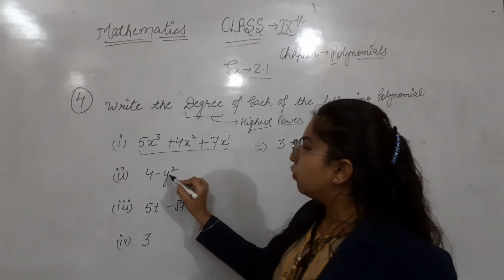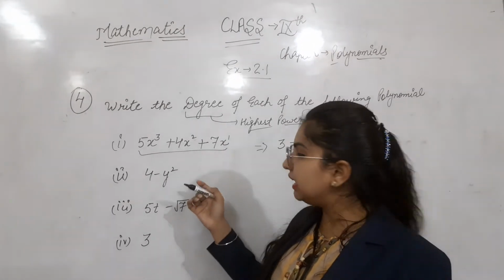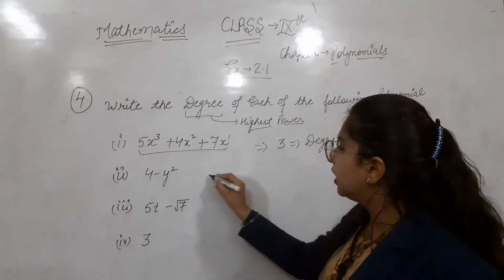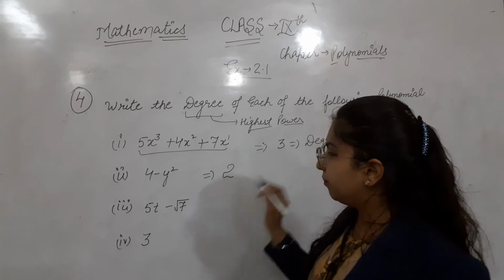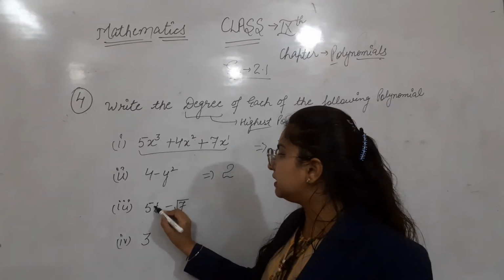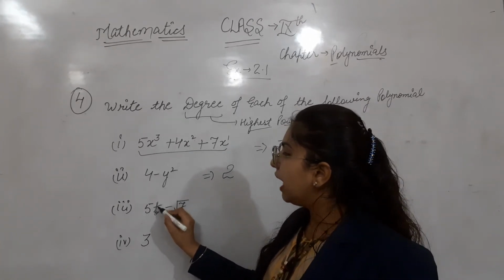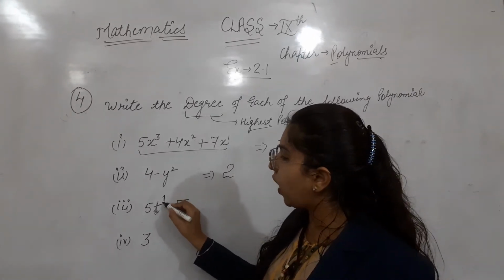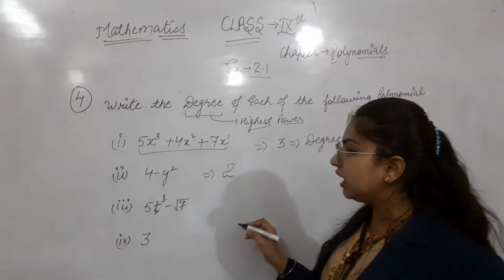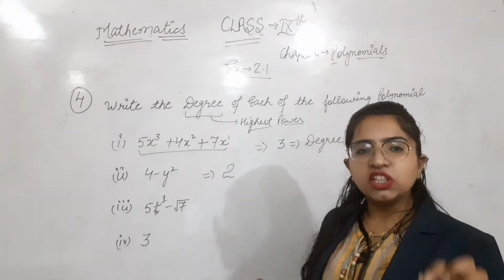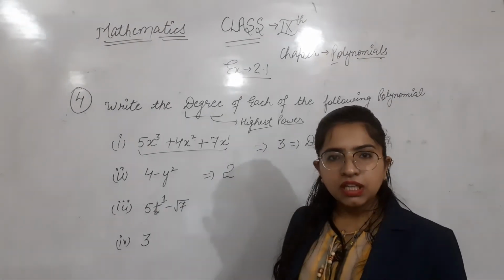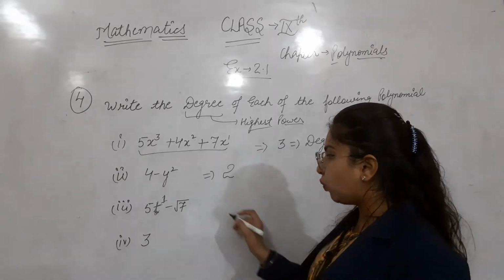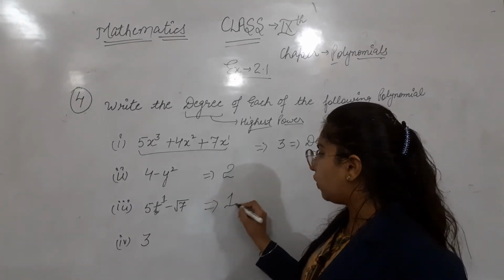Now next, y raised to power 2 and any other y is not there only. Okay, then degree will be 2 only. Okay, here the variable is t. T, no? And the power of t is nothing. We will write here 1. 1 we have to write, okay. If nothing is mentioned over the variable as a power, then you have to take 1. Then degree will be 1 only.